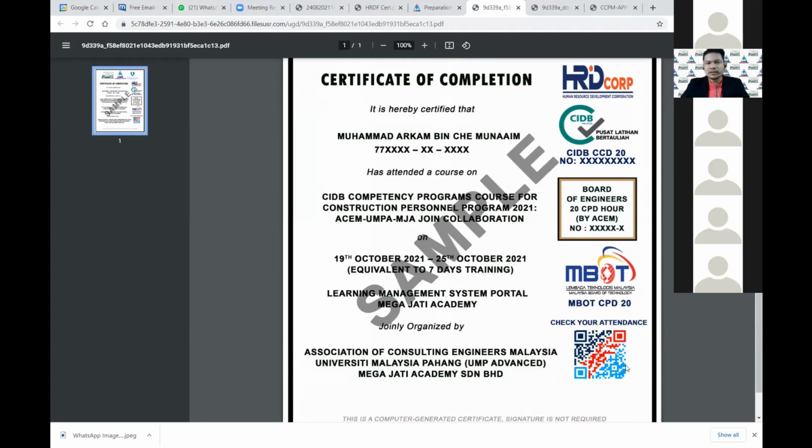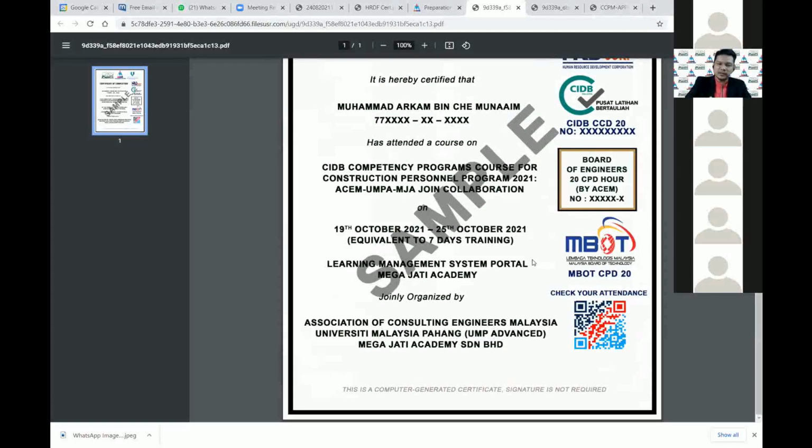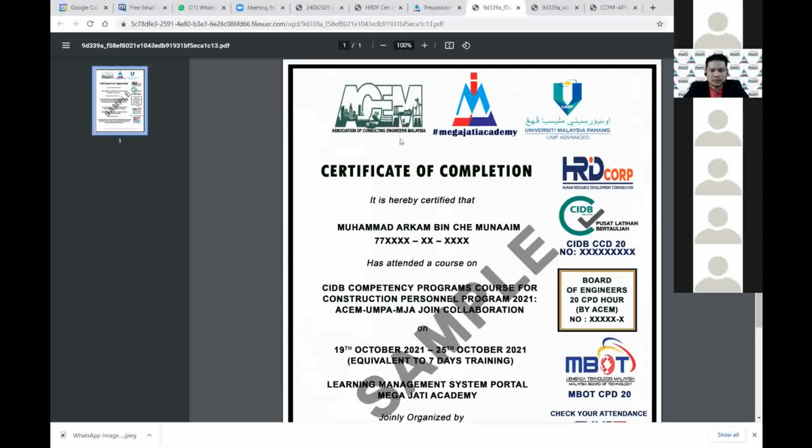When you scan, the QR code leads to the names of participants who enrolled in the program. This means people cannot fake this certificate, because people can check, and the QR code leads to our website. That website will show you the name of the participant. So basically the certificate is as secure as possible. If someone wants to cheat another way, they can remove the QR code, but everything else is still here.